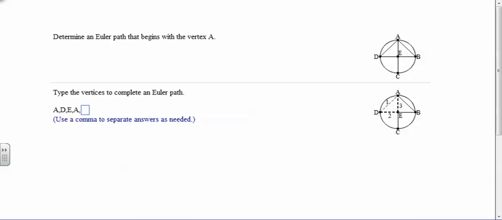This example is from section 14.2 in MGF 1107 when we're asked to find an Euler path in a graph. In this example, we do have a graph on the right hand side, and we are asked to determine a Euler path that begins with vertex A. Now, in this problem, they've already started an Euler path by giving you